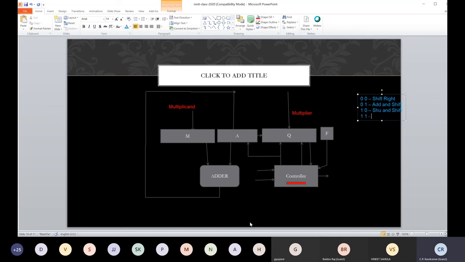And finally 1, 1, anybody can tell me? For 1, 1, both will be shift right. It's not shift left, both are shift right. Nothing happens because 1, 1 is also 0, isn't it? That is what our coding says. Whenever you see a 1, 1, code it as a 0. Okay.